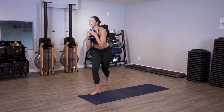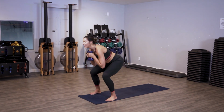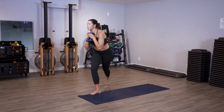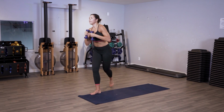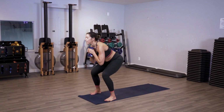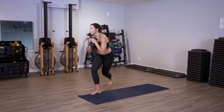Good, you guys, keep that chest nice and tall. Knees stacked right over the ankles. Hips are moving back. Good, you guys, make sure you're bending at the legs, not the lower back. Your core is engaged. Good, you guys. Add that breath. Give me 8, 7,